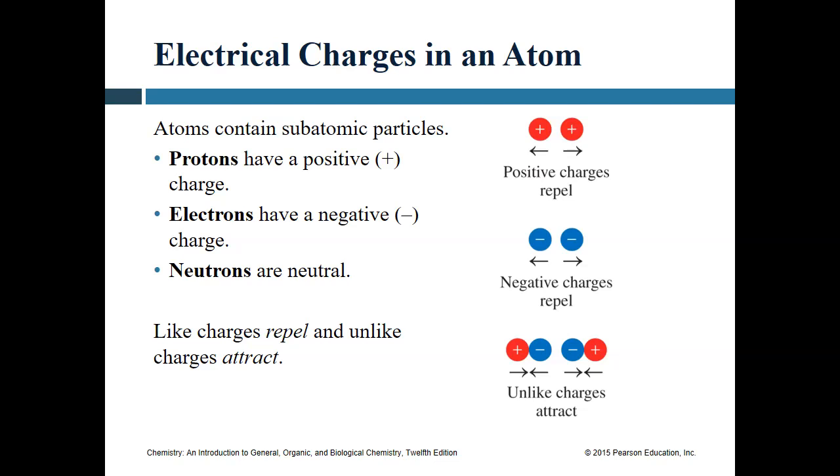Now, inside the atom itself, we have three different sets of particles. We have the protons. The protons have a positive charge. We have the neutrons, which have no charge. They are neutral. And we have the electrons, which have a negative charge. The key things about these subatomic particles